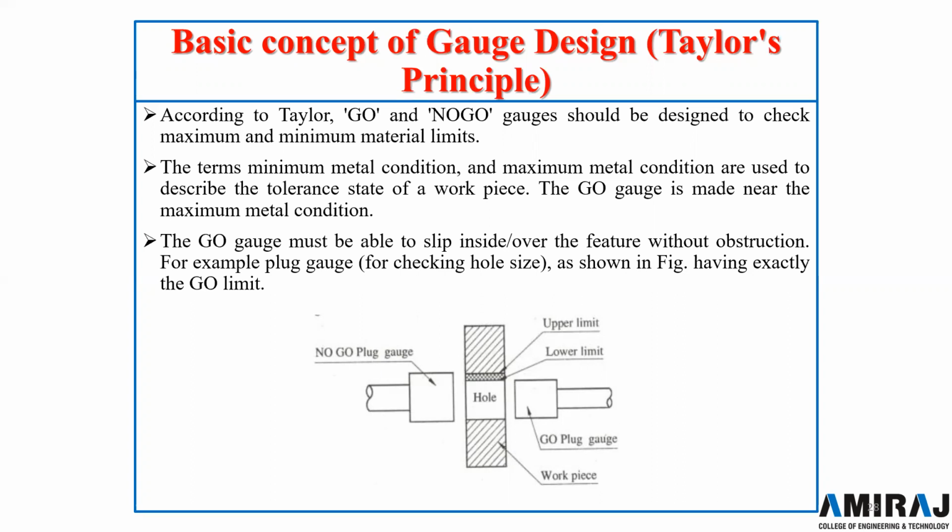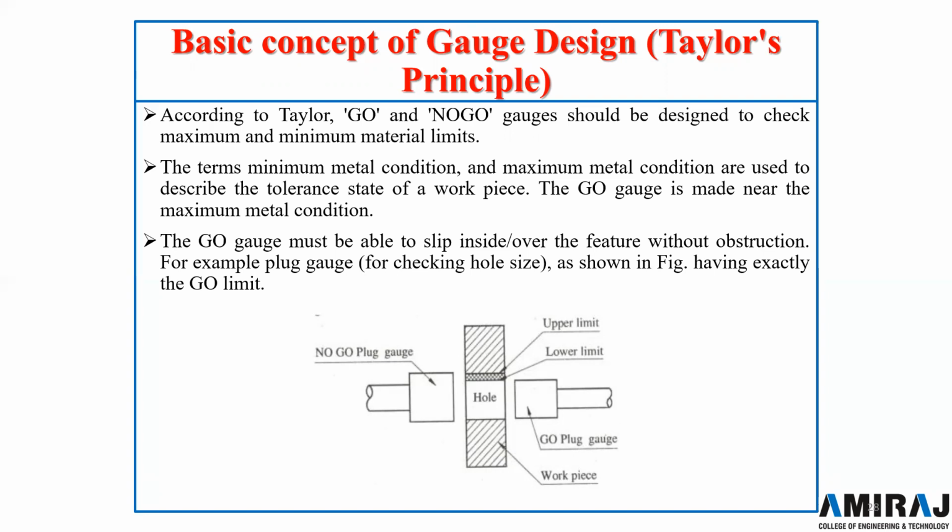The go gauge is made near to maximum metal condition, यानी कि जो गो गेज हम डिज़ाइन करेंगे वो मैक्सिमम मेटल कंडीशन के लिए होगा, मतलब जो होल का मिनिमम साइज है उसको कंसिडर करके, गो गेज उसमें जाना चाहिए और नो गो गेज है वो उसमें से नहीं जाना चाहिए। यानी कि गो गेज मस्ट बी एबल टू स्लीप इनसाइड और ओवर फीचर विदाउट ऑब्स्ट्रक्शन। For example, plug gauge